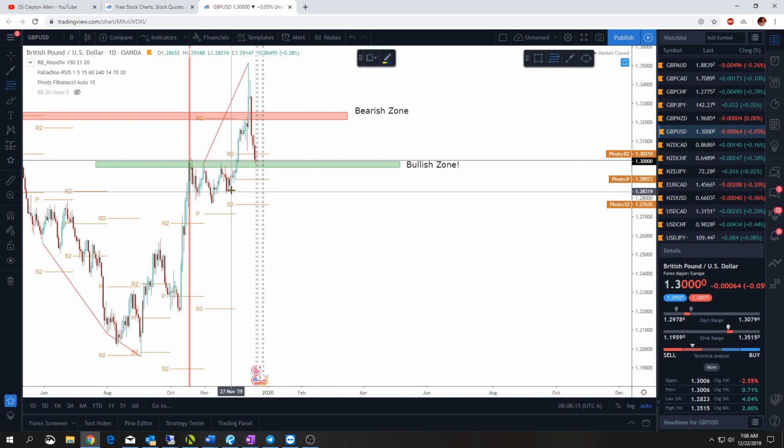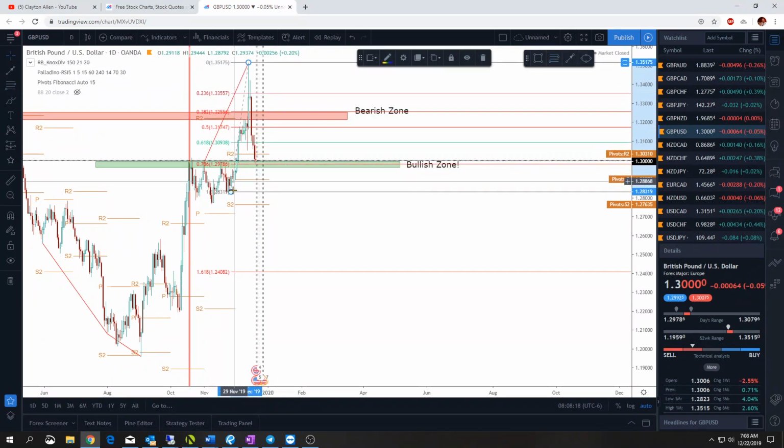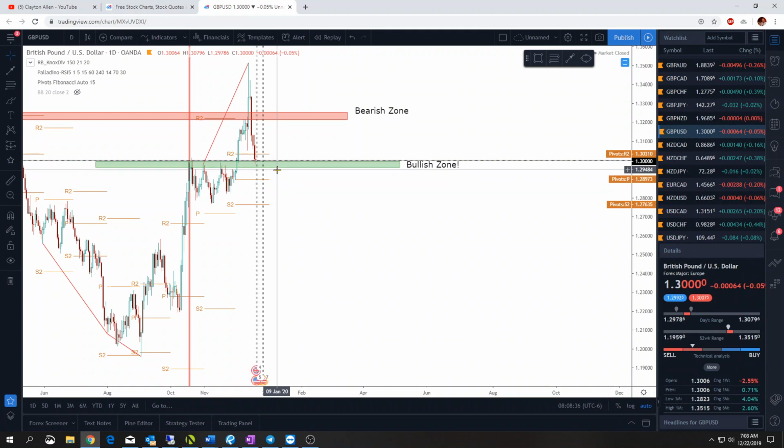If we Fibonacci that impulse leg, we're sitting at the 0.78 right now. So it's kind of in a turnaround spot, but it's this former resistance that is stopping price. And we have a missed pivot down here, but we've come so far. So you might get a lot of buying pressure at this level because people have targeted this former resistance or this former support here. But I think if we break this